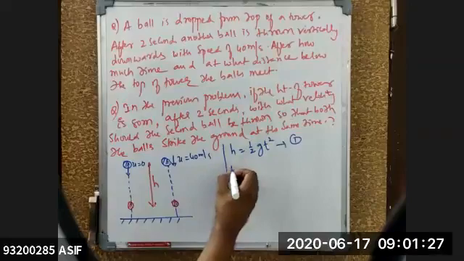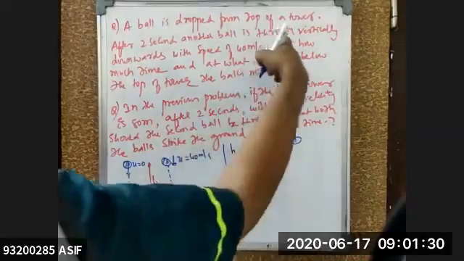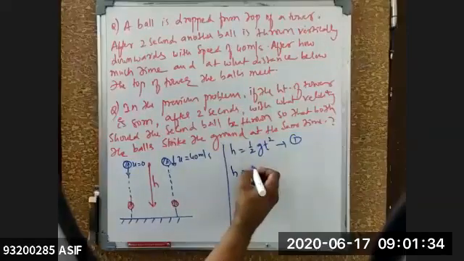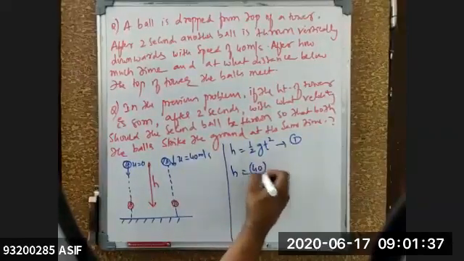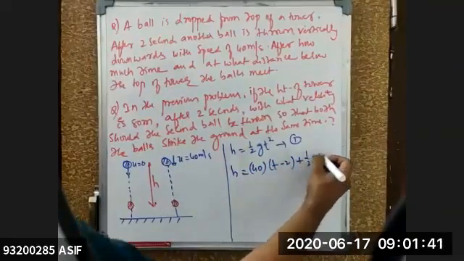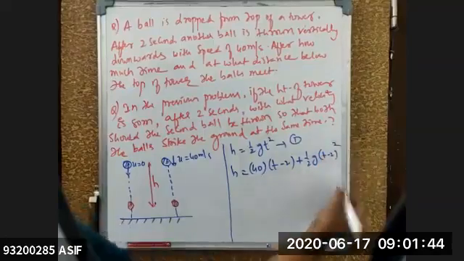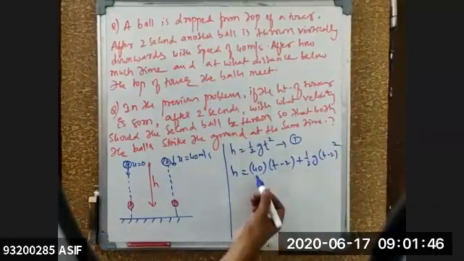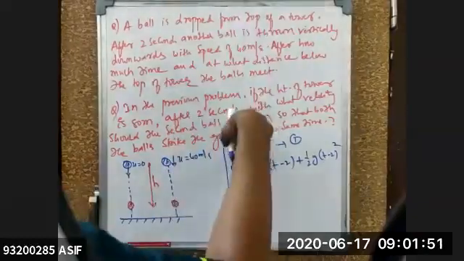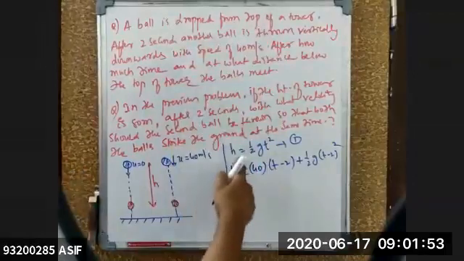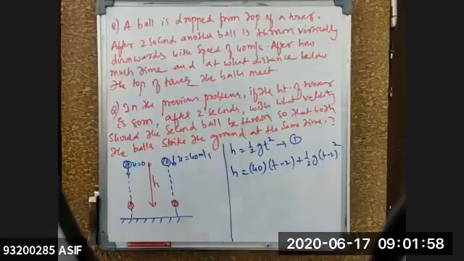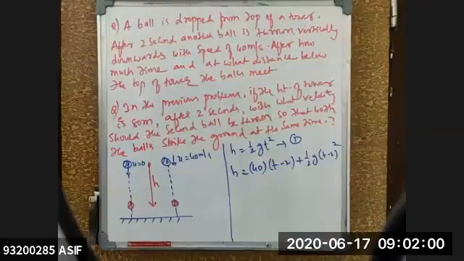For the second ball, the height is the same, but what is the time? It has been thrown after 2 seconds. That means t becomes t minus 2. h equals ut plus half g into (t minus 2) whole squared, with u equal to 40. Have you got this? Because for the second body, the initial velocity is 40, not 0, since it is thrown. The first one is dropped and the second one is thrown. This is for the first ball, this is for the second ball, with time t minus 2. I hope you got an idea.